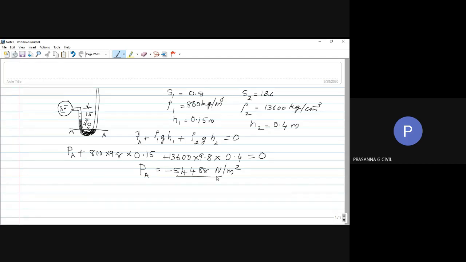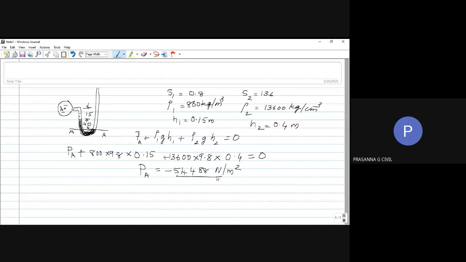Very simple calculation. Understood? The only difficult part will be if they are giving you so much in words and you have to convert it into a figure. But in your mind, the figure should be very clear. If it is gauge pressure, mercury will be considered, that level will come into calculation only in the right leg. In the left leg, it will be the fluid only. Though sometimes in the textbook figure which I drew also, you will find a little mercury they are showing on the left leg. But that is not considered. We are assuming that the entire pressure is because of the fluid in the left leg.